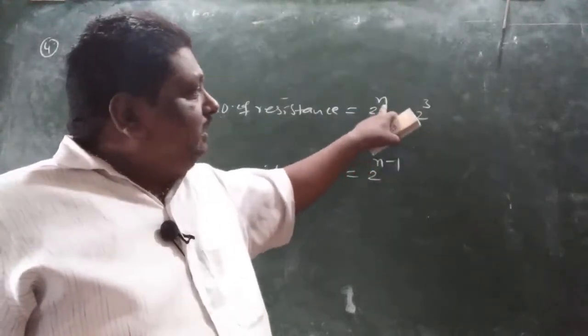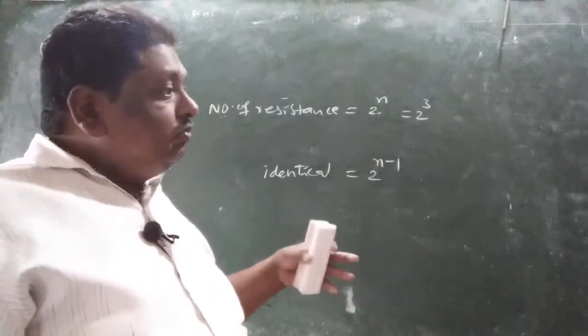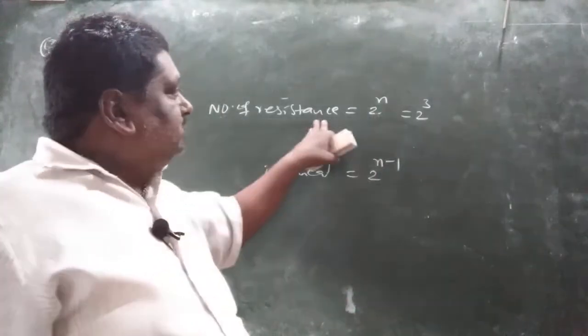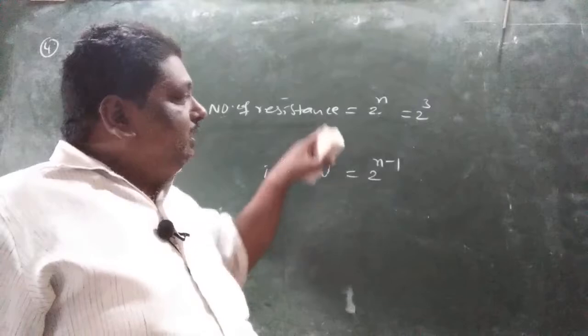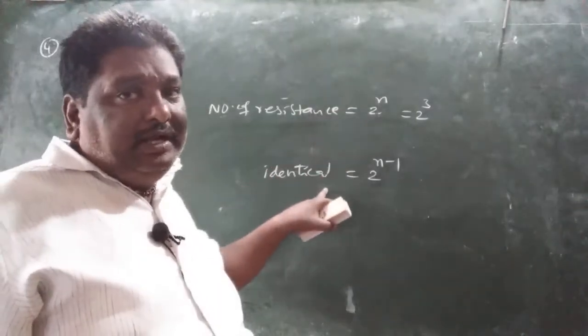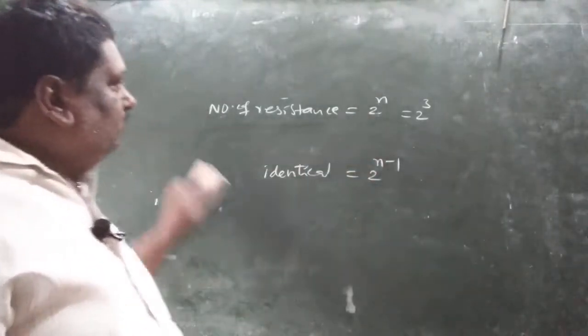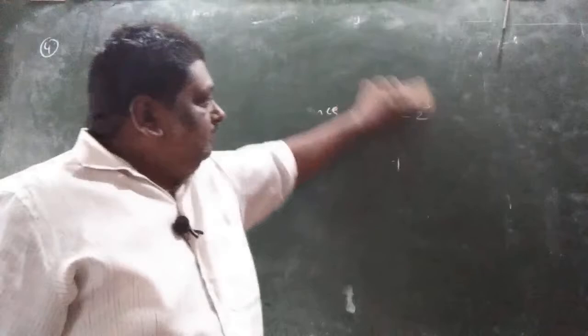N means how many resistors you have taken, such that this is the number of new resistances you can form. For all different values it is 2 to the power n minus 1, and for all identical it is the other formula. Okay, note down. Next,